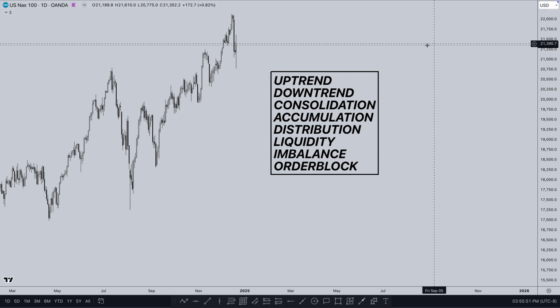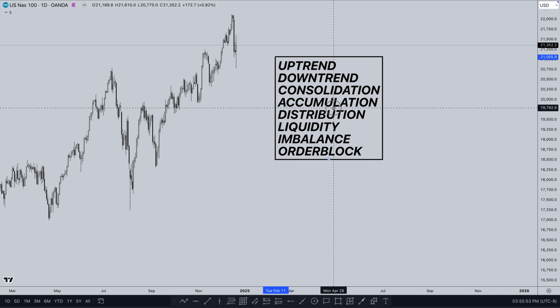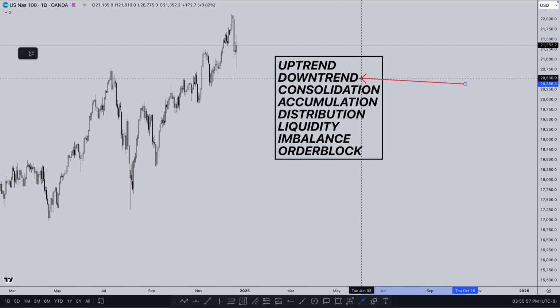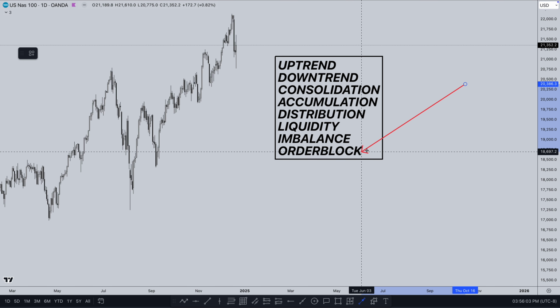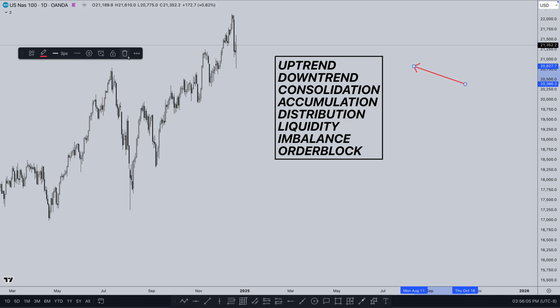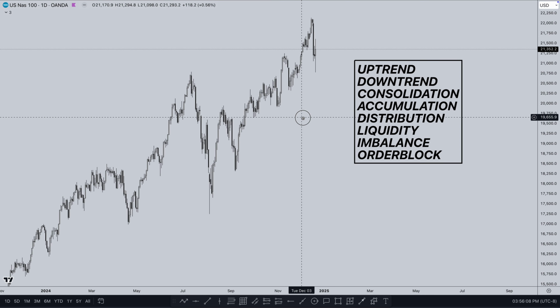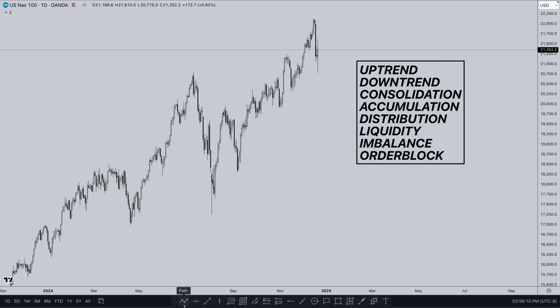Wrap everything up that we just went over. We had the uptrend, we had the downtrend, consolidation, accumulation, distribution, liquidity, imbalances, and order blocks. Okay, so just to give you a quick recap, again, the uptrend is going to be the higher highs, higher